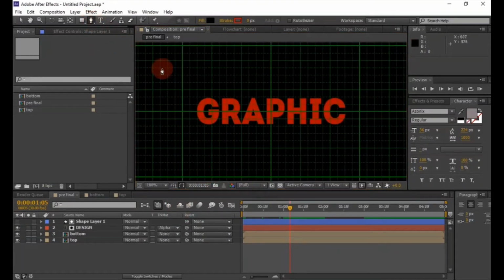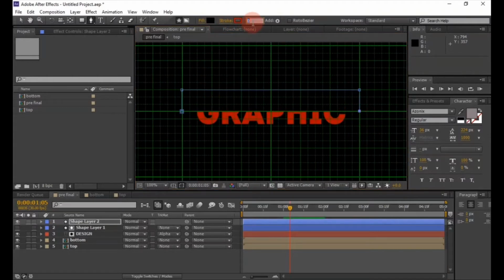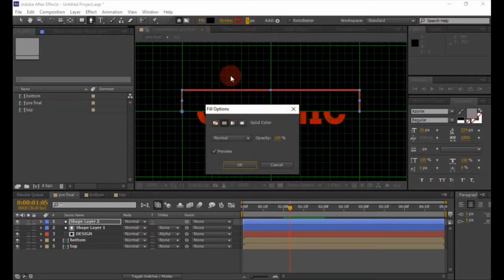Now select the pen tool and then draw the rectangle like this. Now change the stroke value to 5 and then fill color to none.